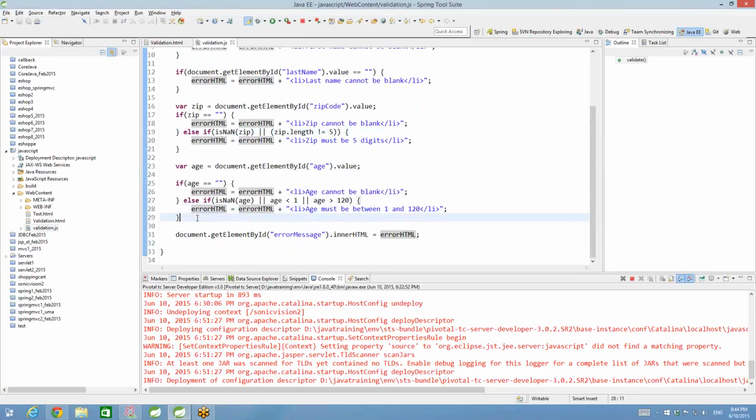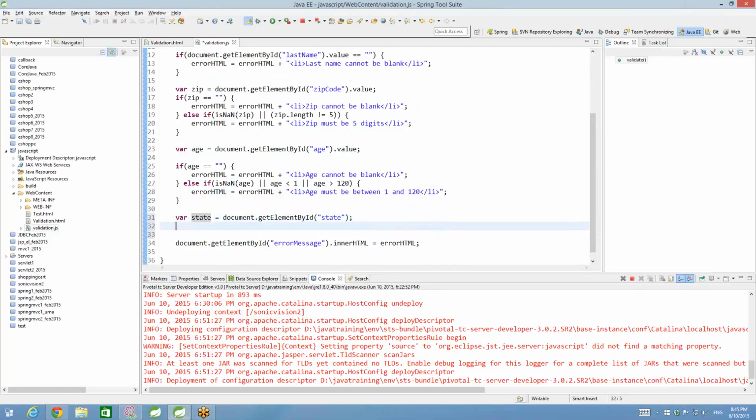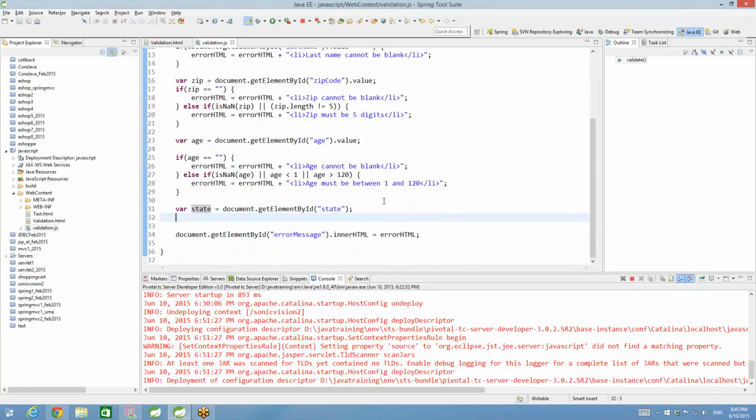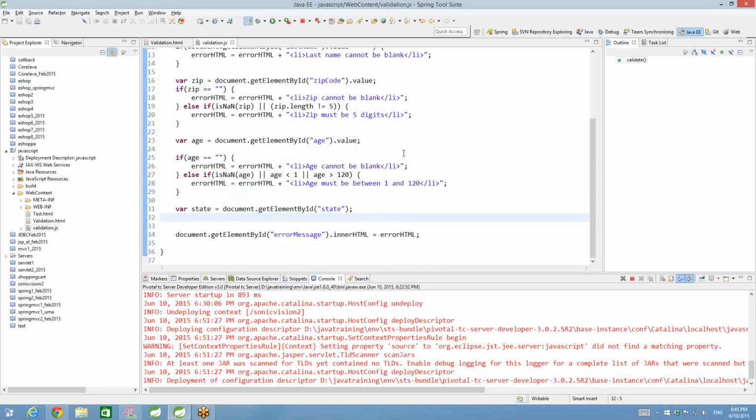So this is for age, and now variable state. State equal to document dot getElementById state. This is the whole state element. Now, whatever has been selected, the index of the first one, please select, will be 0. This one will have 1, 2, 3, 4, like that. Like we have array index, right? So I'll say selectedIndex equal to